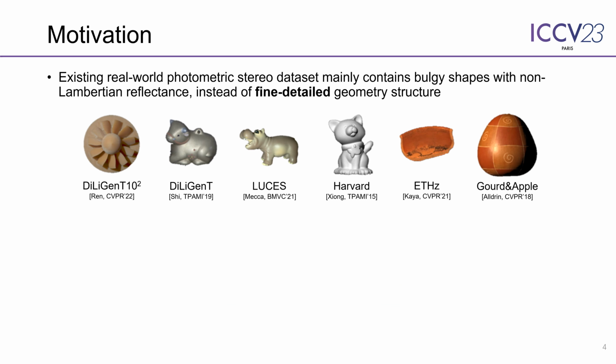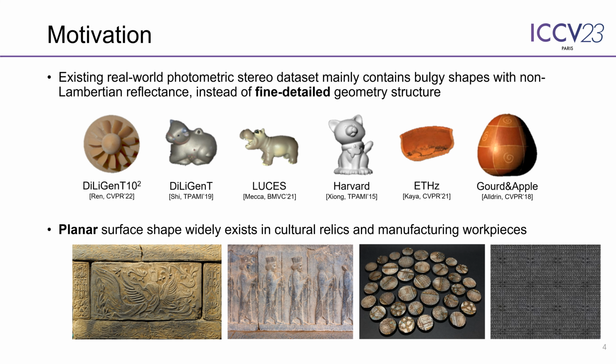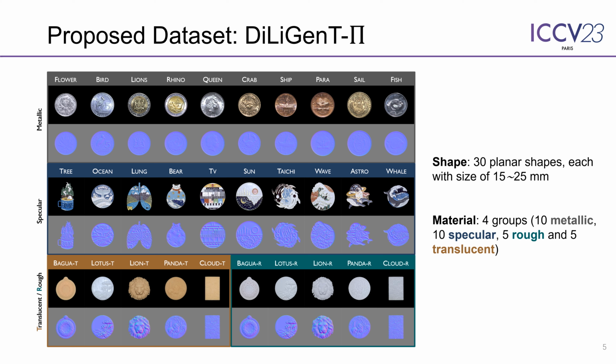However, this powerful capability in detail recovery finds no place in the existing photometric stereo datasets, which rarely contain fine detailed geometry structure. In addition, existing real-world datasets do not include flattened or near-planar surfaces, though they actually widely exist in our daily life. To address these two problems, we established the new dataset, DiLiGenT-Pi, which contains near-planar surfaces with